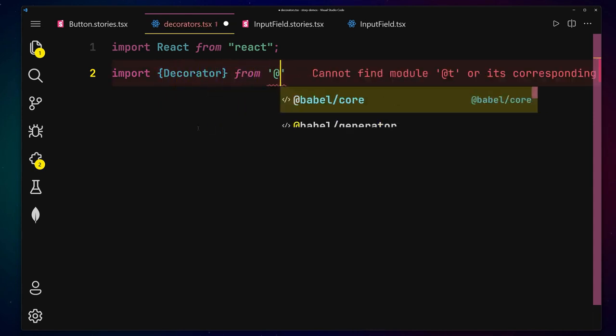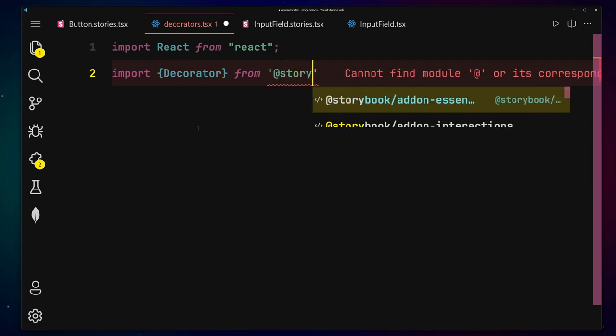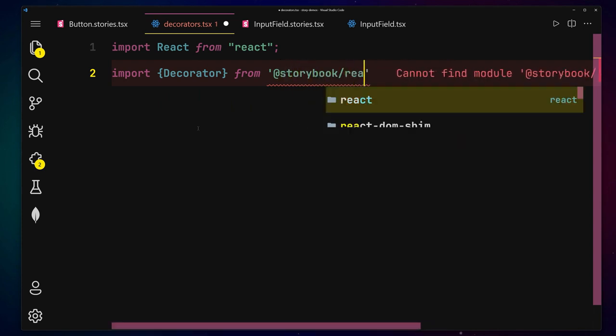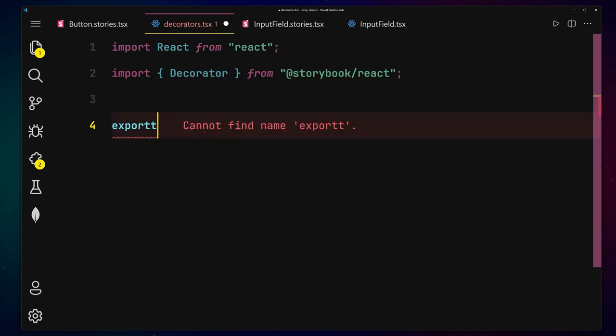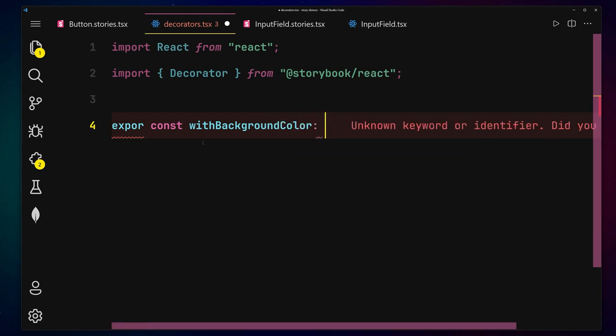From the storybook. So let's just import that from the storybook, not from the add-ons, but from the React.js. So now let's just save there. And now we are going to be creating our decorator. So I'll just use export with background color, and this is the convention of